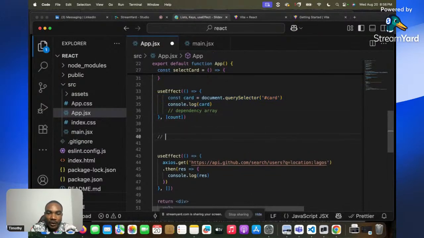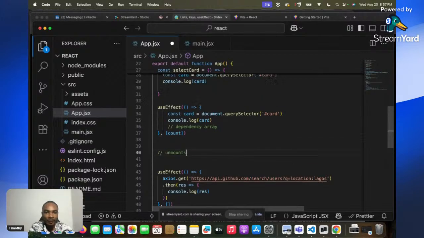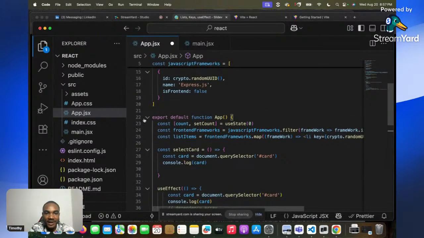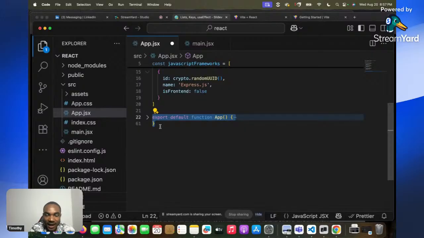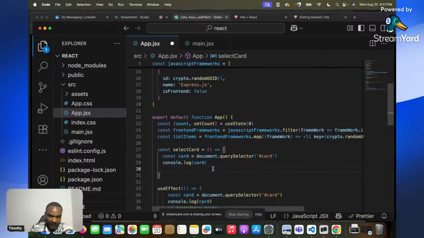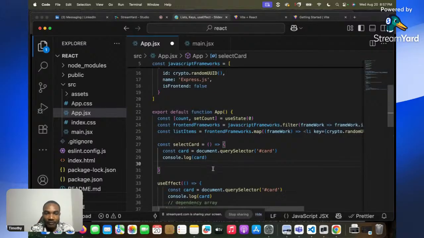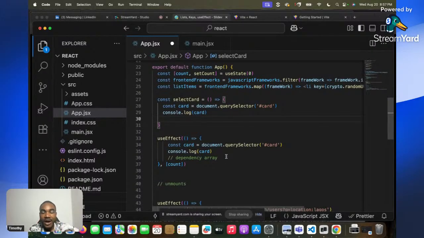Okay, so when the component unmounts, in other words, when the component is taken away, in this case I have an app component. So when this app component is unmounted, when it is taken away from the DOM, then React gets to call that cleanup function. Another time that React calls the cleanup function is just before it